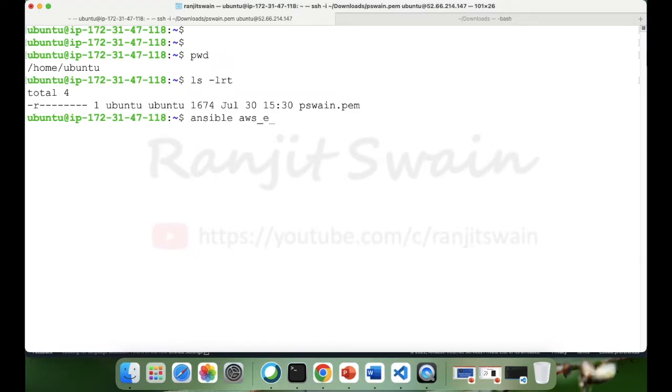aws_ec2. It holds the number of hosts. Now what I'm going to do is use the inventory path, -i opt, and I have to use this aws_ec2.yaml. Now let's use the module -m ping and provide the certificate file. So you have to provide the certificate file. For that, use --private-key